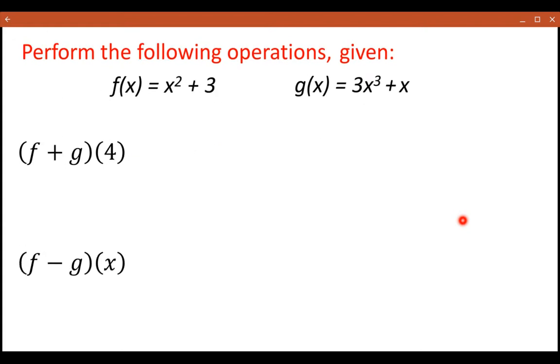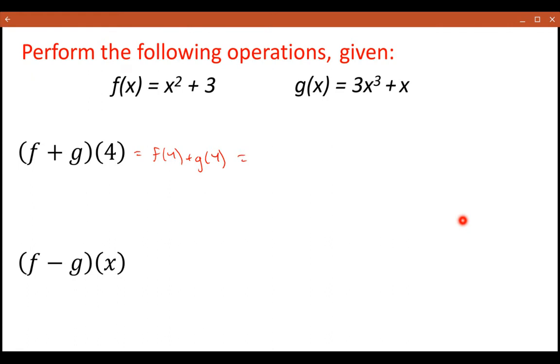Okay, let's go ahead and look at the next one. This time we're going to switch it up. We're going to plug a number into the f and then do the g for the minus. Why don't you go ahead and try that one? All right, so for this first one, this is the same thing as f of 4 plus g of 4,